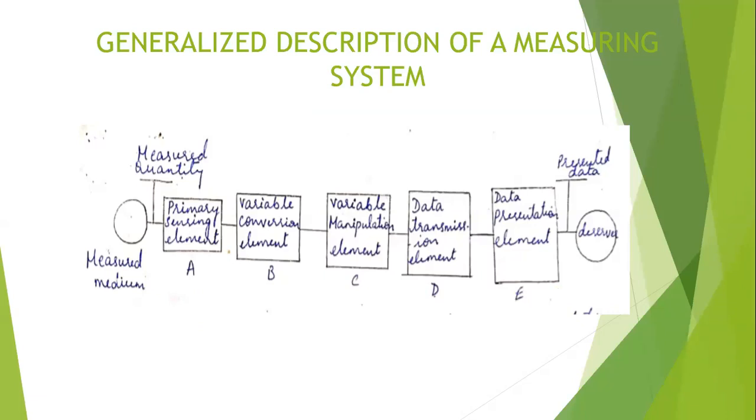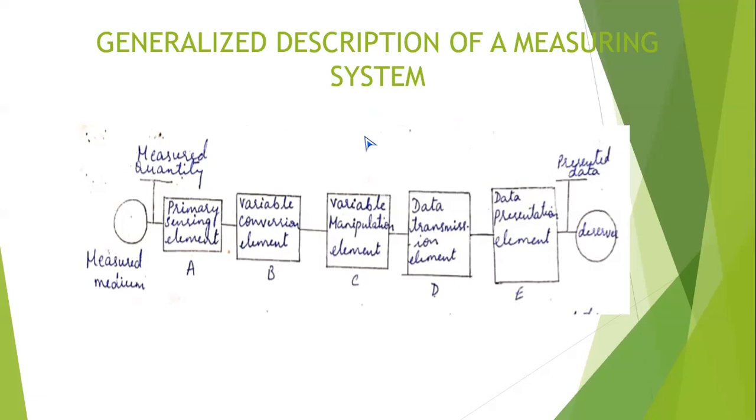For example, with respect to this measuring system, I explain the working of the digital weighing machine. With respect to this block diagram, I explain the principle of working of the electronic weighing machine,